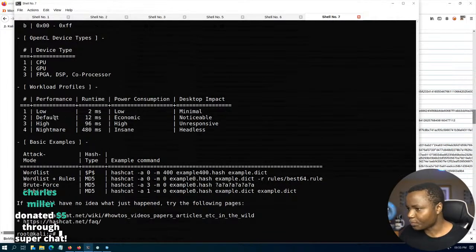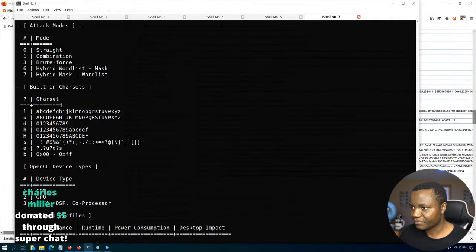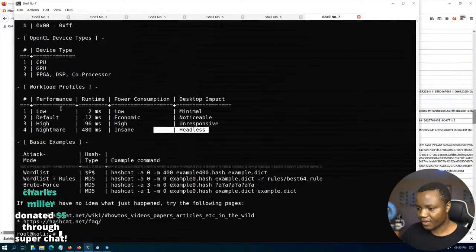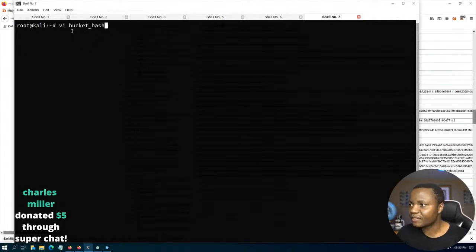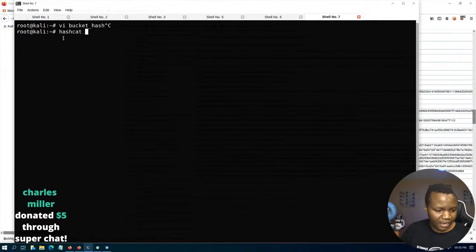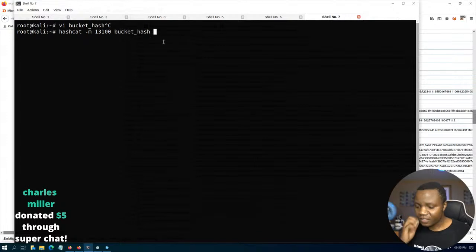Hashcat has better options that can actually make your life easier in this case. All right, so let's crack that bucket hash by using Hashcat. I think I had my syntax: -m 13100. That's the identifier that we found from the website that we were in, and in this case we want the bucket hash. Let's just use our